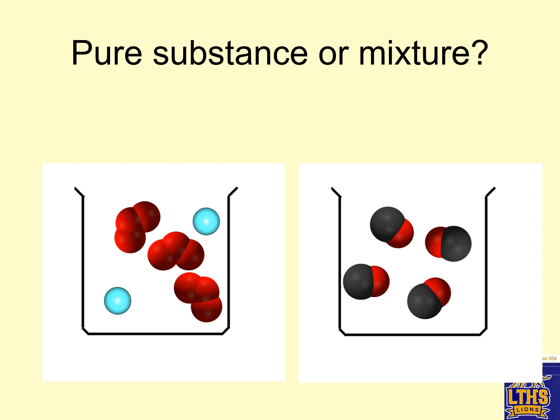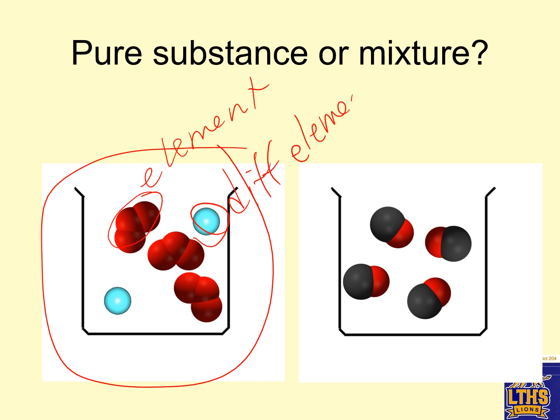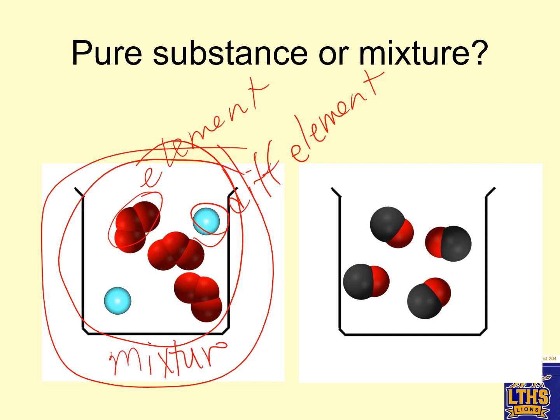Pure substance or mixture? So we're looking in this container. We see a blue atom, and then we see 3 red atoms bonded together. So this is an element, and this is a different element. How do I know? Because they're different kinds of atoms, right? So what is this in this container? It's a mixture, because not every particle is the same as every other particle,